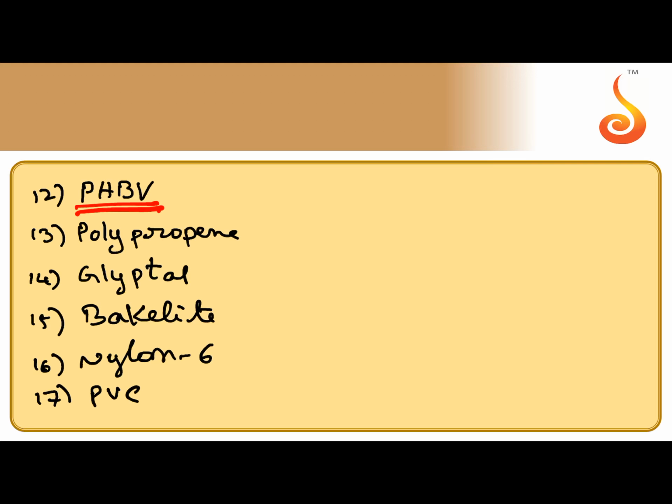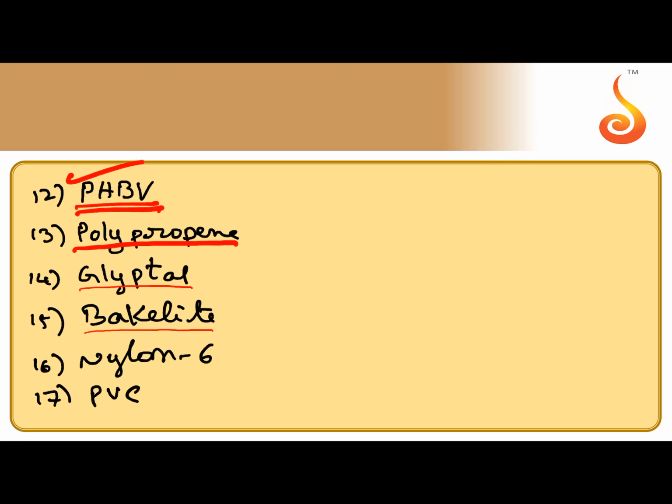So generally synthetic polymers are non-degradable like polythene, but there are few synthetic polymers which are prepared by the condensation mechanism. They undergo decomposition in the presence of biocatalyst enzymes. They are called biosynthetic polymers, biodegradable polymers. PHBV, polyhydroxy butyrate covalerate is called PHBV. Polypropene.